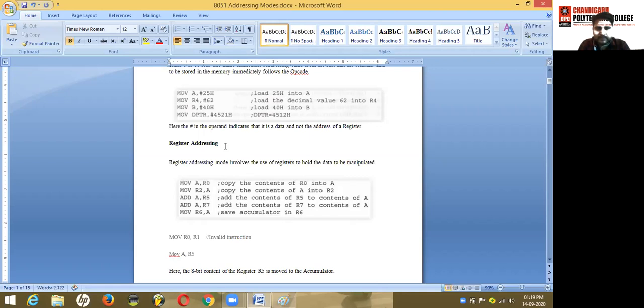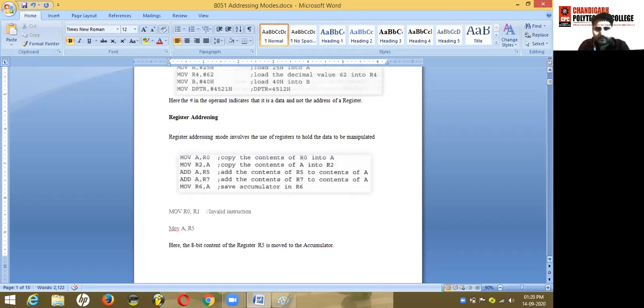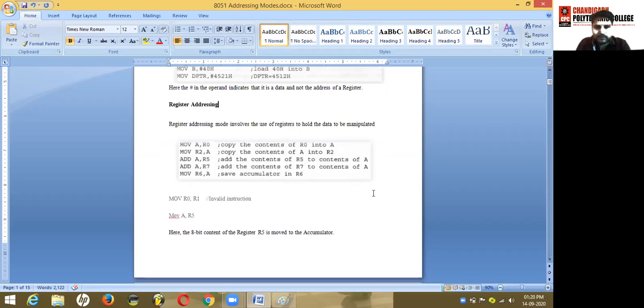As its name suggests, in the register addressing mode it's compulsory that all the instructions that come under this addressing mode must use a register ranging from R0 to R7. All this is about the register addressing mode.